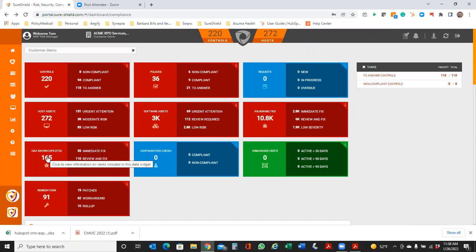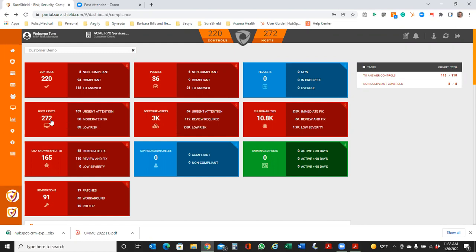So we can also hone in and help you identify what exploits you may have, what the level of severity is with those, and how to fix those. But this is just different views in these other tiles into that setting.